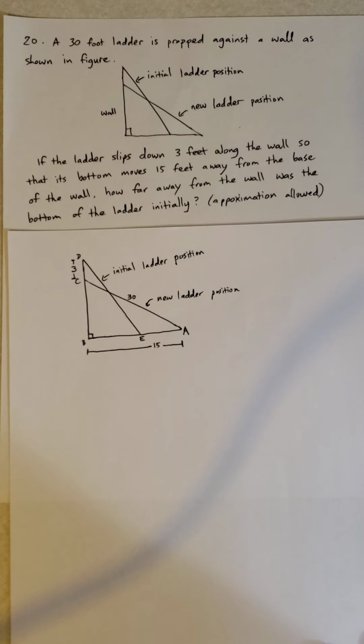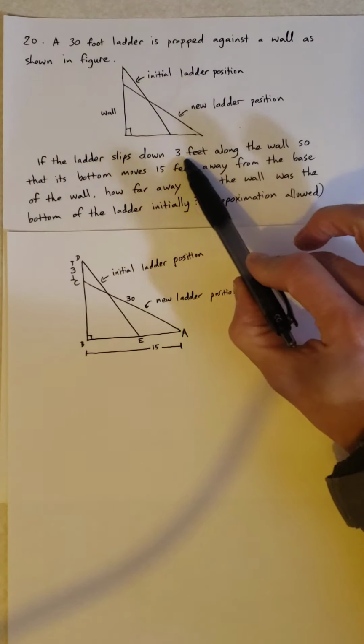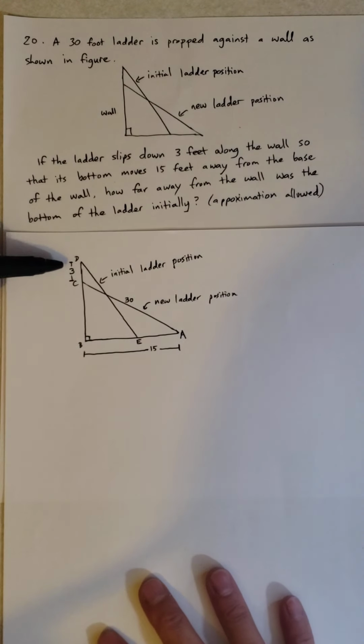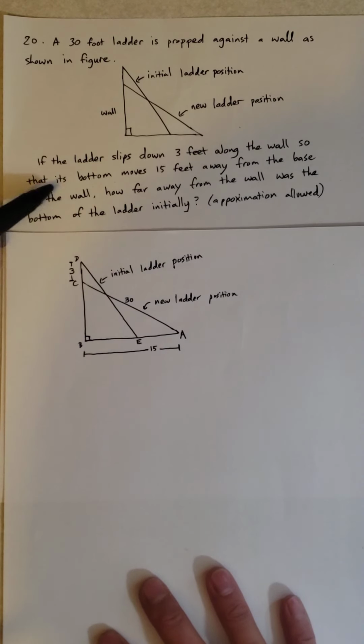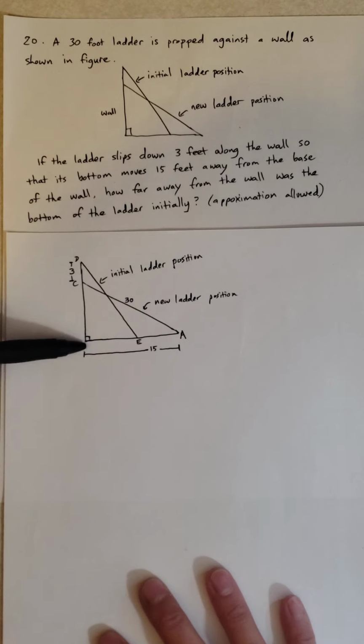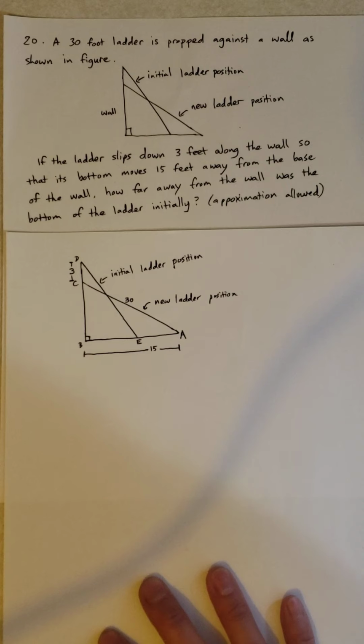So I have the diagram, and here it's saying if the ladder slips 3 feet away along the wall, right? So we have the ladder here slipping 3 feet from the wall, and so that its bottom moves 15 feet away from the base of the wall. So this is the base of the wall, and it's now 15 feet away from the base of the wall. Okay, so notice that